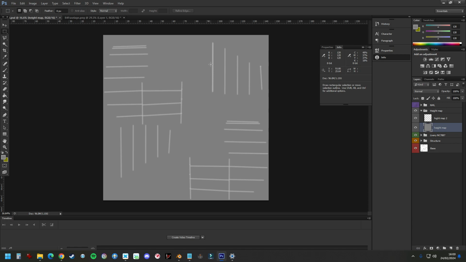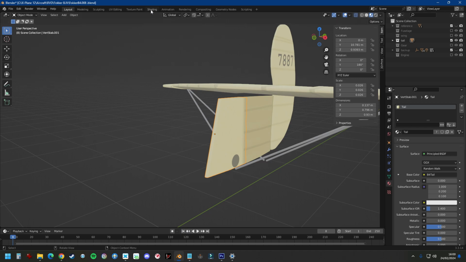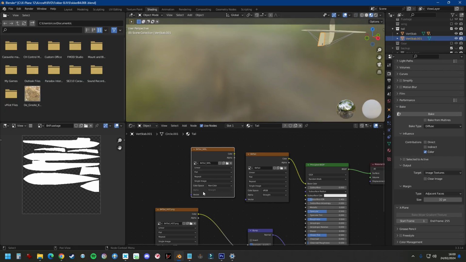So everything that I make lighter on this map is going to be thicker, and everything that I make darker is going to be thinner or lower. It's not physically going to be higher or lower, but it will look like that in X-Plane. The height map, we're going to shading,